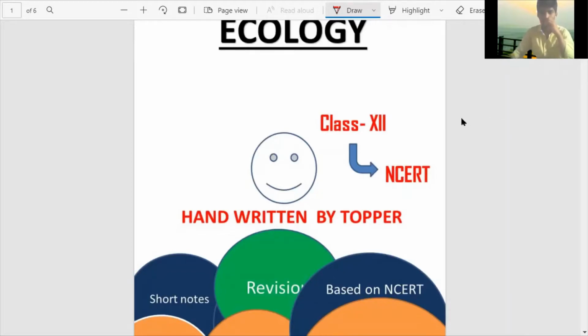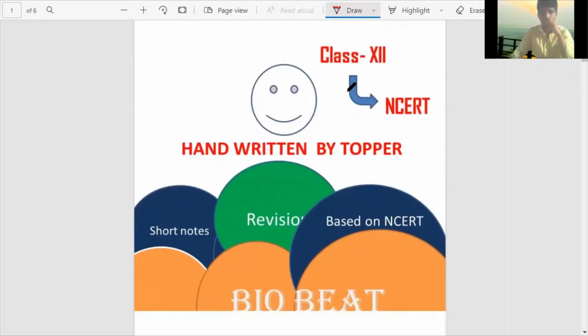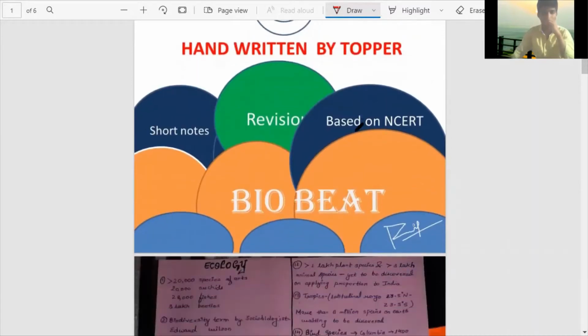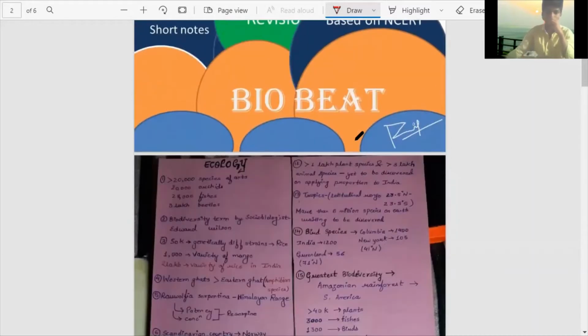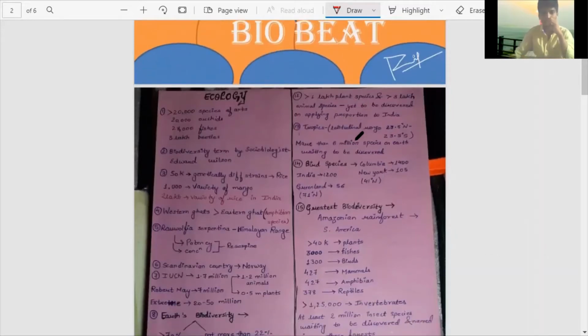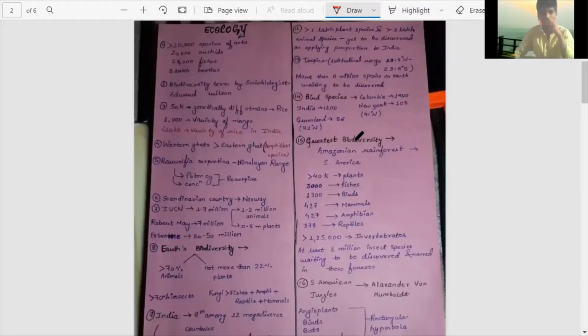So today I have made notes on ecology. Full ecology section I have covered in this. So these notes are basically for NEET students or NEET aspirants, and these notes include